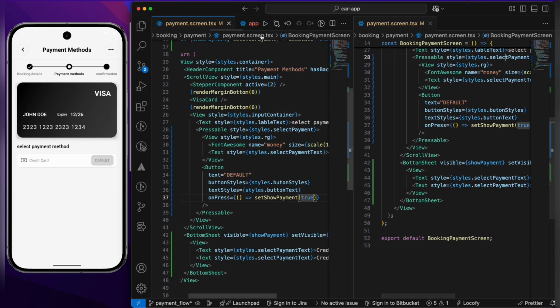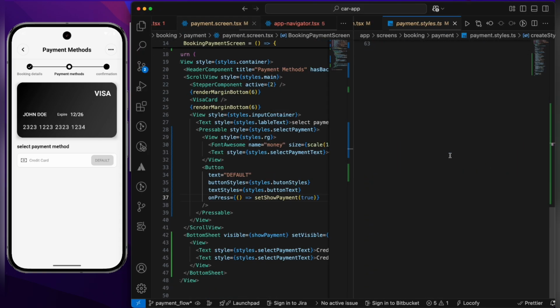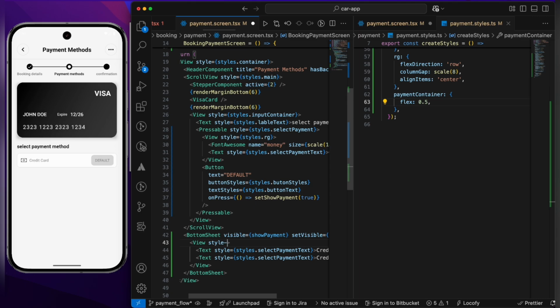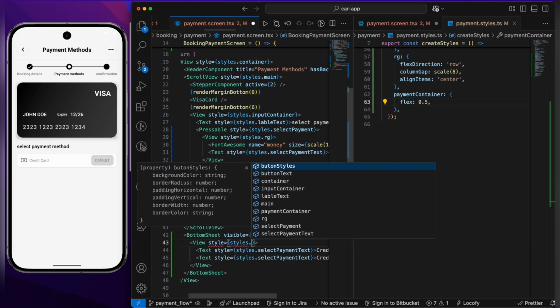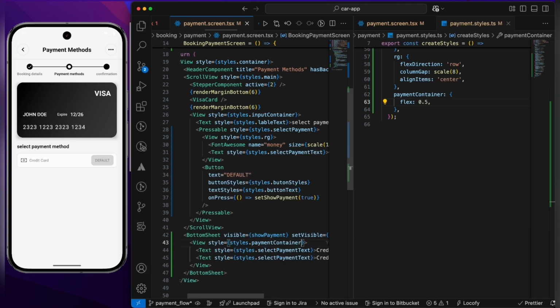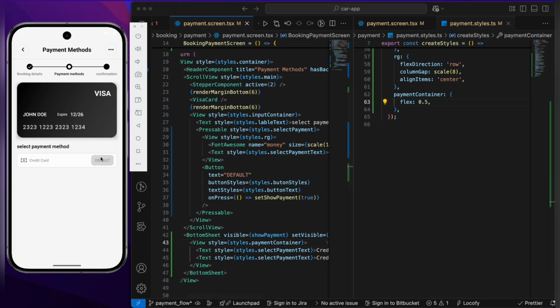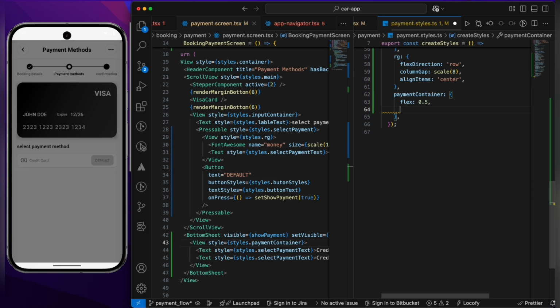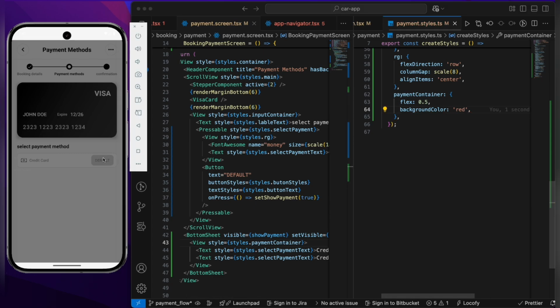So as you can see, it was opening. So let's come to the styles over here. Let's add the payment container. Let's make it a flex of 5. So let's add it over here, payment container, and let's click this. Yeah, so let's see why it is not opening up fully. Give it a color red, and now